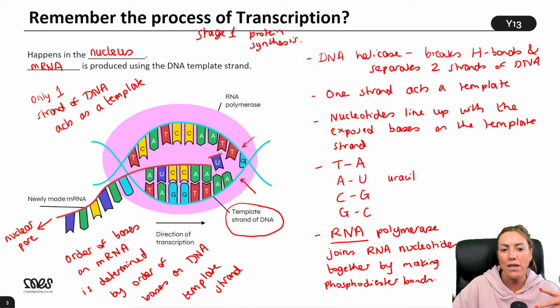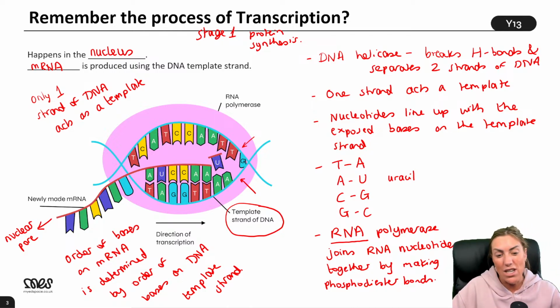Yes. So I've not actually mentioned splicing here, but well remembered, Ella. So when the mRNA is produced, it does still contain introns, right? Yeah, pre-mRNA or primary mRNA. It does still contain introns. So they do need to be spliced, yeah, which happens in the nucleus. So yeah, we could mention that as well. I wasn't going to go into that bit today, but yeah, splicing happens in the nucleus. We're going to remove the introns and then we have our mature messenger RNA.